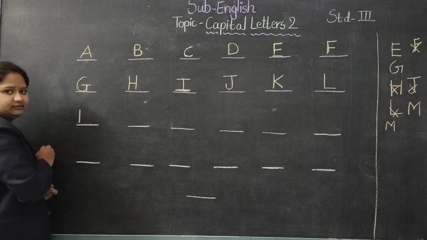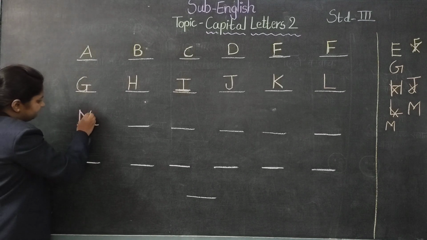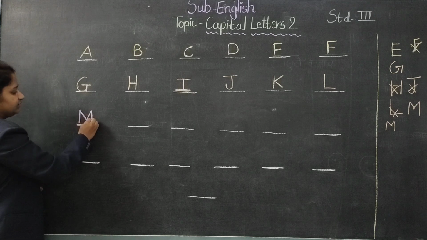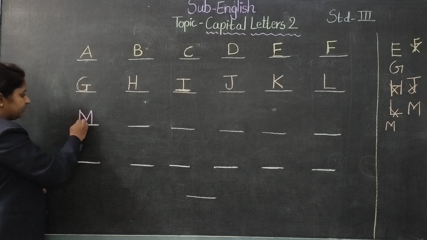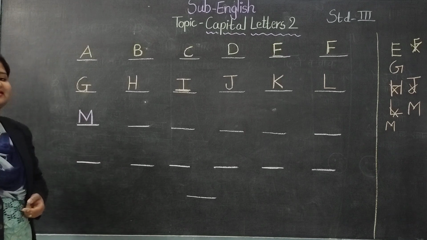First the standing line, okay, then again the slanting line. We'll go step by step, okay. We will not just jump to another line and then draw the letter V. No, we will do it step by step. 1, 2, 3 and 4. Now students, which is the next letter?